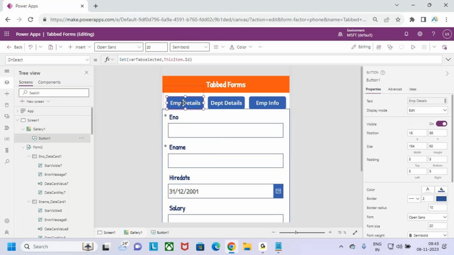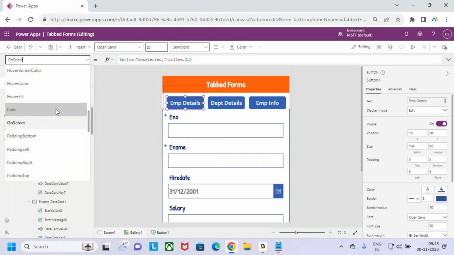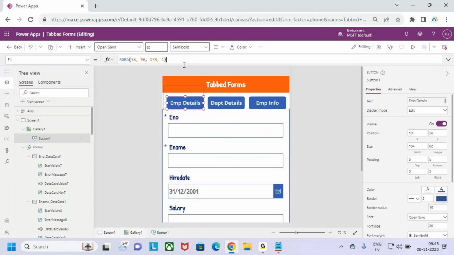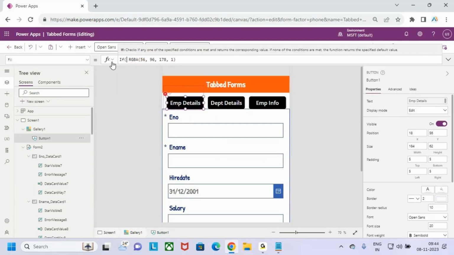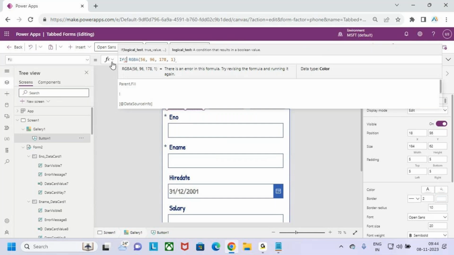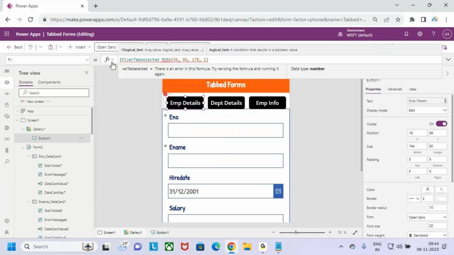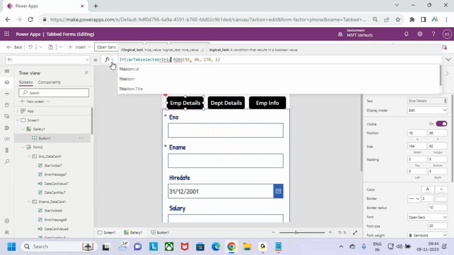So in order to perform it, let me select the button and go to the fill property. There is one property called fill, the color fill. What color do I want to fill? I want to keep the default on select as this fill. Now I'm going to use one if condition here. If where tab selected is equal to this item dot id,